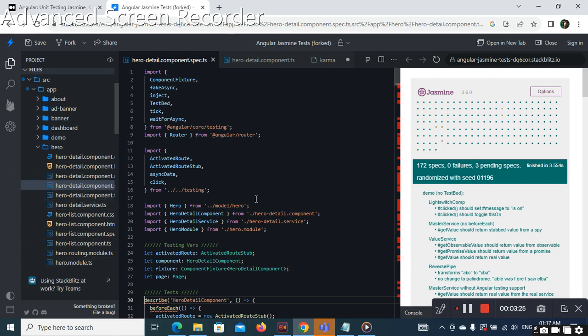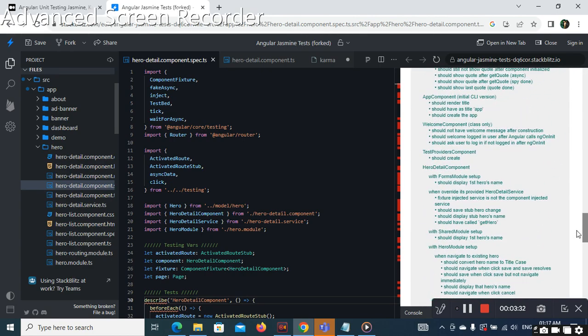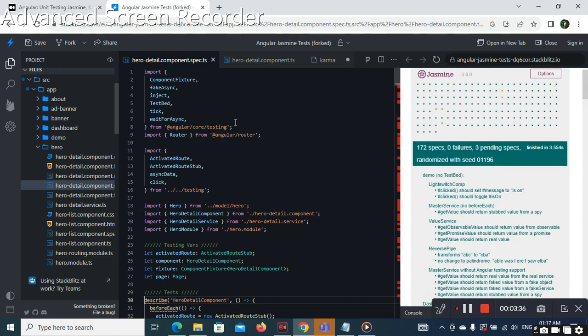So in this, with Jasmine, all the application is already running, all the components are running, but I need to test the hero component. For that, what I did,